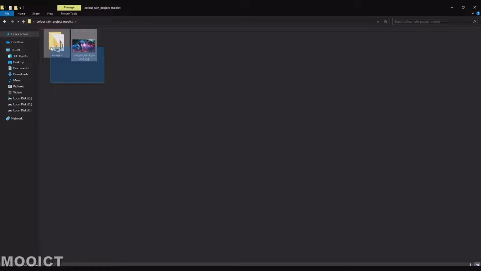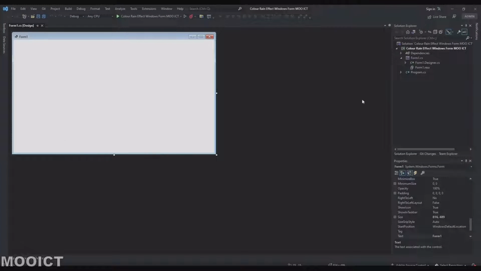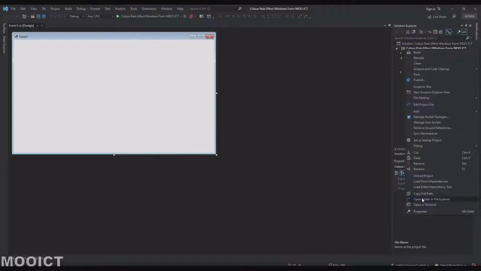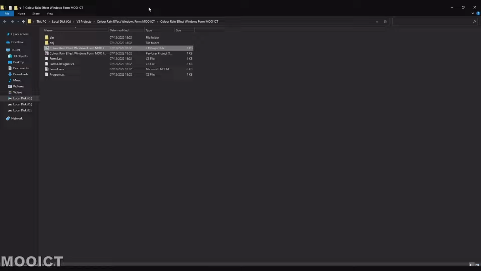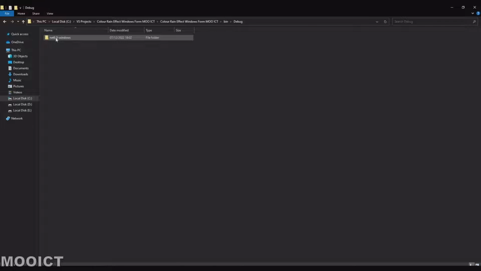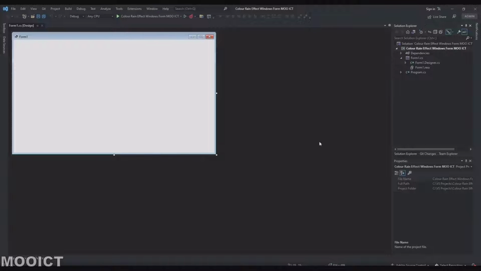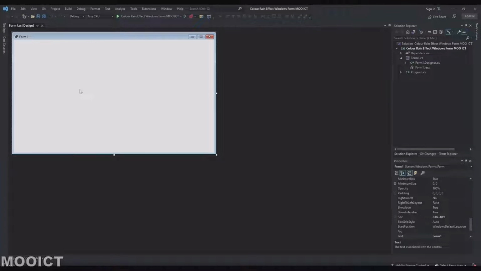So to begin, I'm going to copy both of these files. Go to the project, right click on the name of the project here, click on Open File Explorer, and then I'm going to go to bin, debug, net 6 windows, and right inside of this one, I'm going to drop both of these images here. Okay, so while I got that open there, I can go back to the form right here. I can choose to say, just copy